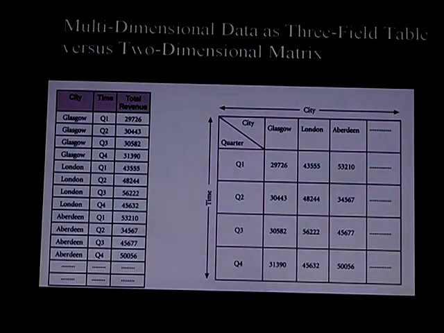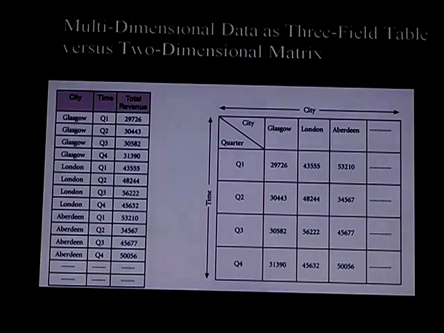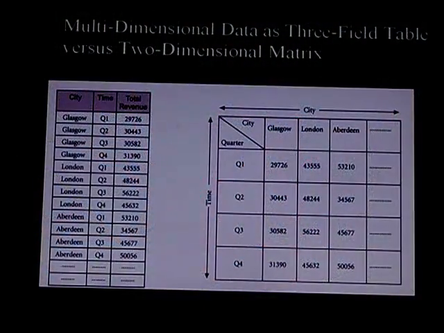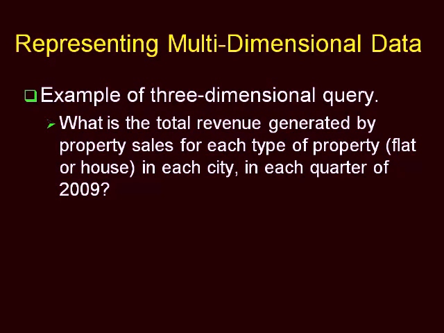So this way, the representation differs. If you represent a two-dimensional representation in the form of an array, how many cells does it require? It depends on the number of values. Suppose there are 4 values, and if you take only 3 cities, then we have 12 cells, 4 into 3, 12 cells. But here, each row consists of 3 columns, so we need to add more cells. As I mentioned, both use the concept of a cell, but the way the data is represented in the two-dimensional matrix tells you the database values become the column headings here.